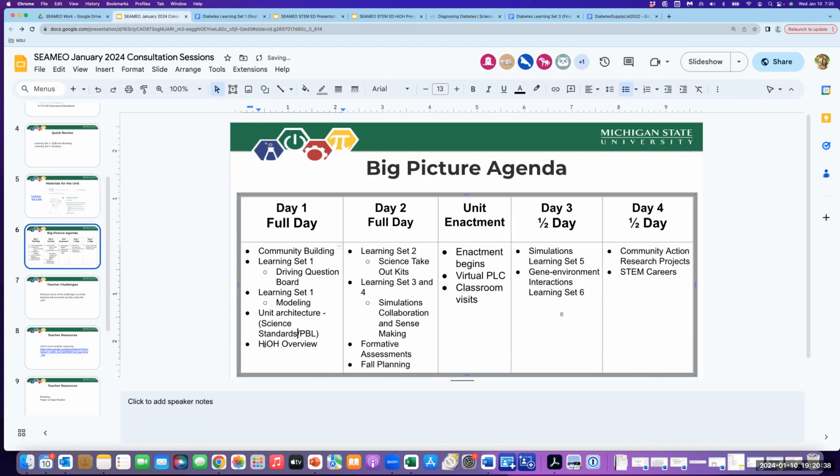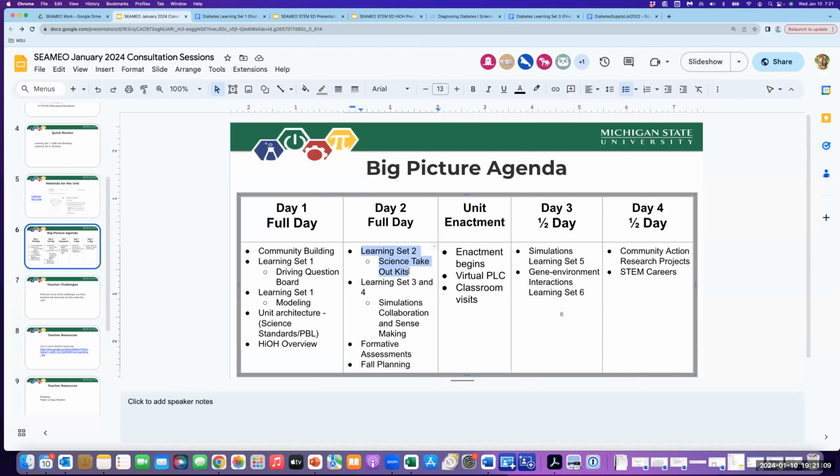And we also do an overview of the health in our hands, just overall. Day 2 is typically learning set 2, where the teachers experience the science takeout kit. I think what we have learned has been most useful, and I know Joe does this with all of the Create, is that it's really important to have teachers experience the unit as a learner, so as their students will